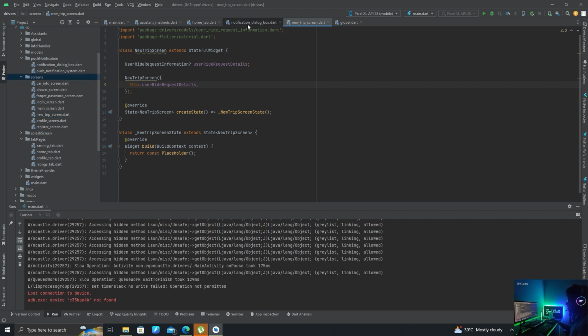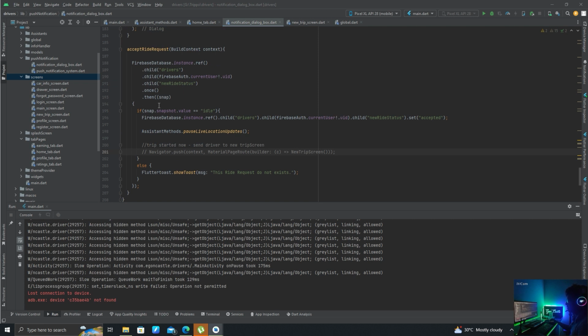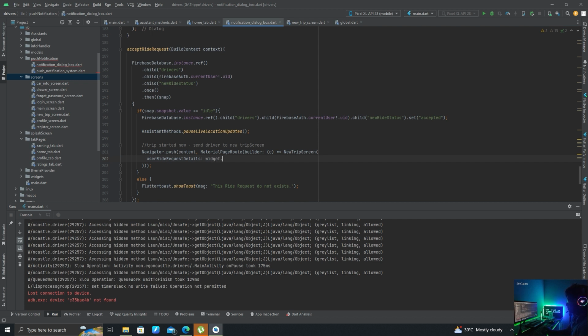And now in our notification dialog box we can comment out this, and here let's write this user write request details widget dot user. Okay,